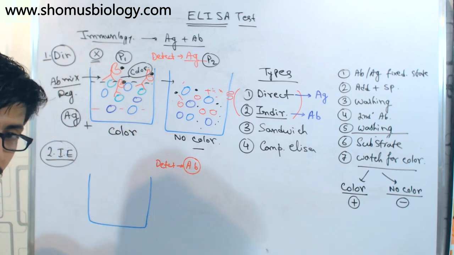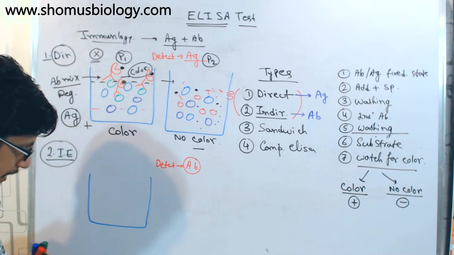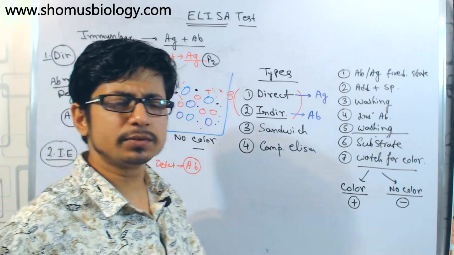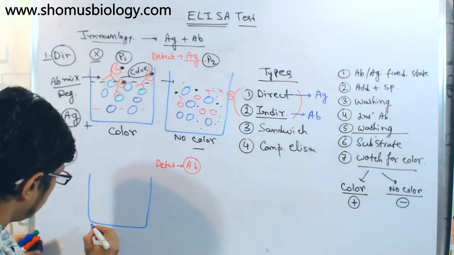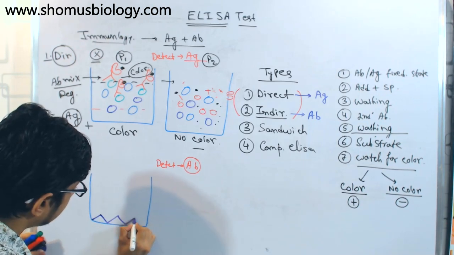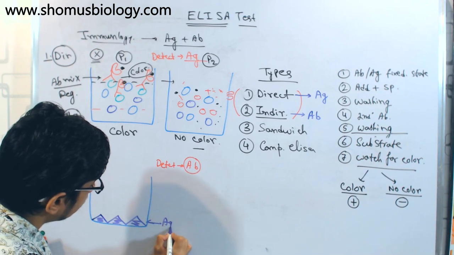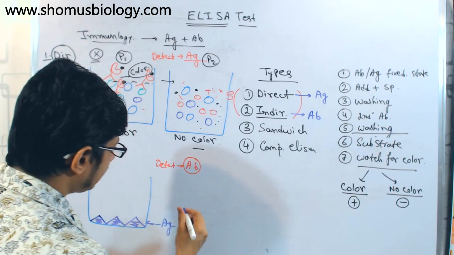So in order to find that, what we simply do is fix the antigen. We know what antigen will bind with this antibody. The antigen means a portion of the SARS-CoV-2 virus, the coat protein of the SARS-CoV-2 virus. So we will fix the antigen. Let's assume these are the specific antigen which are fixed to the bottom of the well, and let's draw that for both.